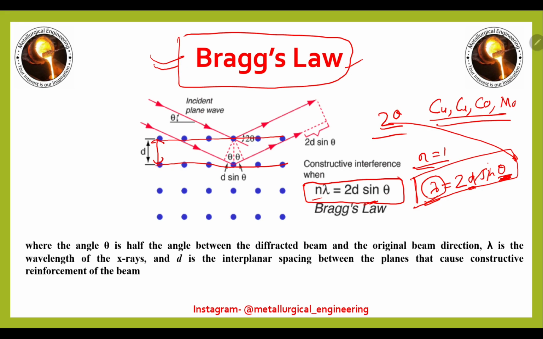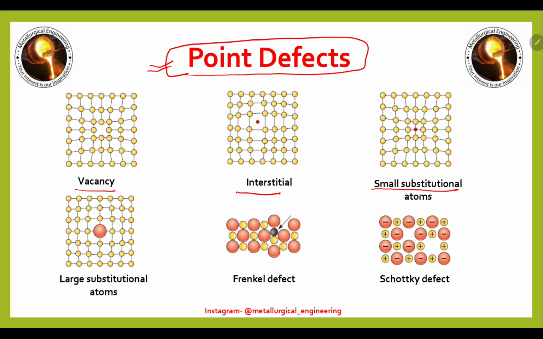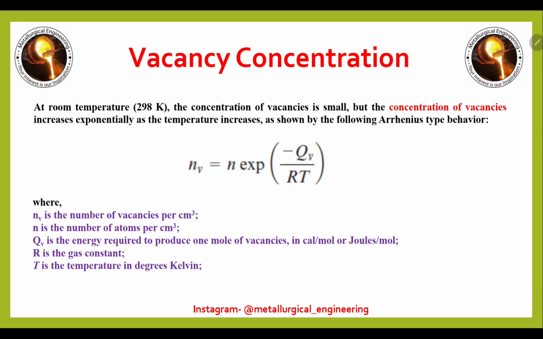Yeah, so that's all. The next one is point defects. These point defects are thermodynamically stable defects. Various types of point defects are present, like vacancy, interstitial, small substitutional atoms, large substitutional atoms, Frenkel defect, and Schottky defect. The next one is vacancy concentration. One numerical problem you can get